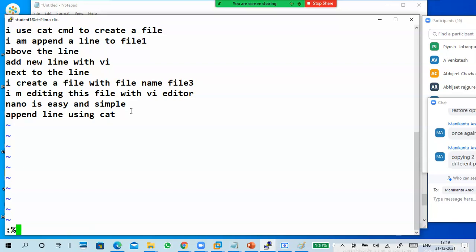But now, see, percentage s means entire file. Percentage s means search the entire file, don't search only in your line. Search in the entire file. That is percentage s slash create, my old name, slash delete, my new name. Now can you see it changed here and it is also changed here.